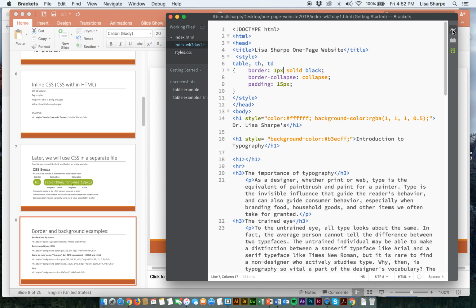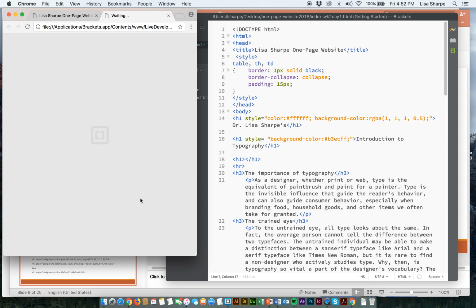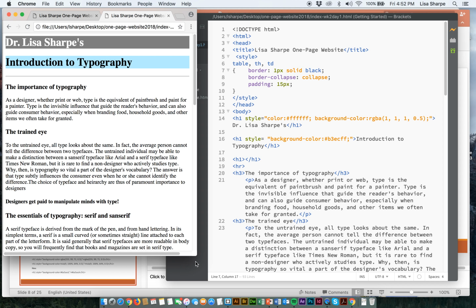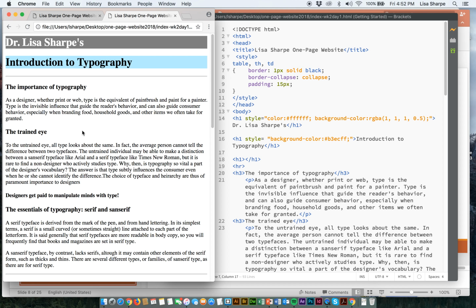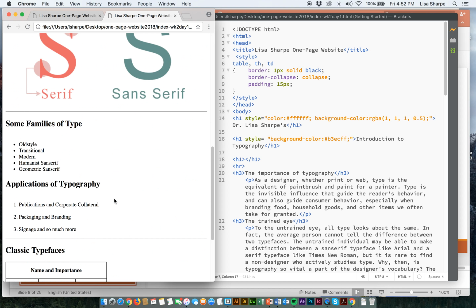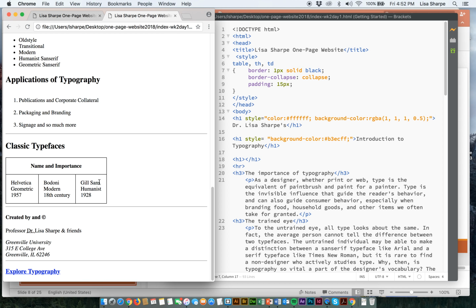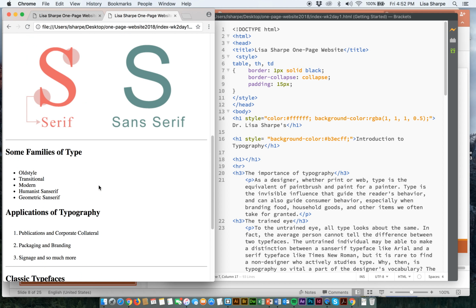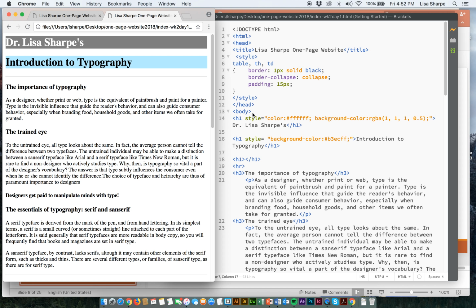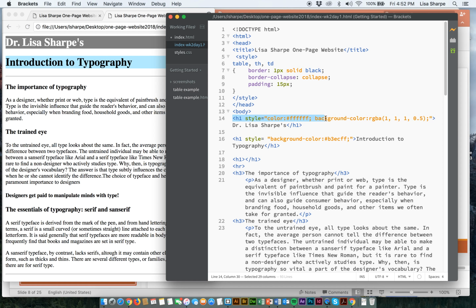All right, so let's actually do that so we can see what this looks like. Okay, so I'm going to go ahead and preview this. So this is our Introduction to Typography page that we've been working on. And as you can see, I have some CSS that is controlling the H1 tag. It's controlling the color of the typeface, and it's controlling the color of the background. Not a whole lot else. And then I have CSS that's controlling this table. But we're going to take that table apart later. We're just going to cover color right now. All right, so H1. So here's their simplest way